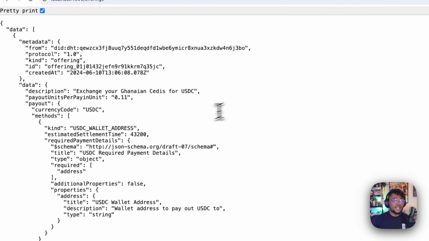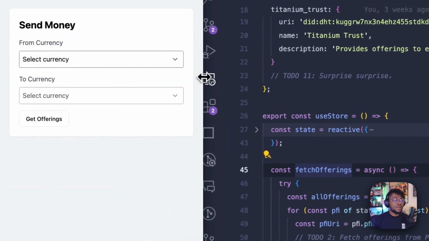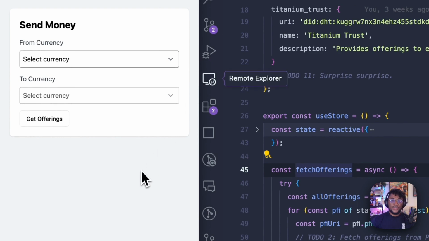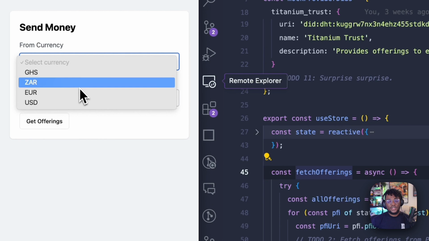to USDC. Going back to this, if there's a different flow that you want to implement in your own wallet application, you can do this because the offering is being written as JSON. So when you have all the JSON from all the PFIs that you want to work with, you can process it however you want to. The implementation that we have here is essentially just taking all the from currencies in the offerings and then saying these are the currencies that you can transfer from. So you can choose to present this information to your customers in any way that you